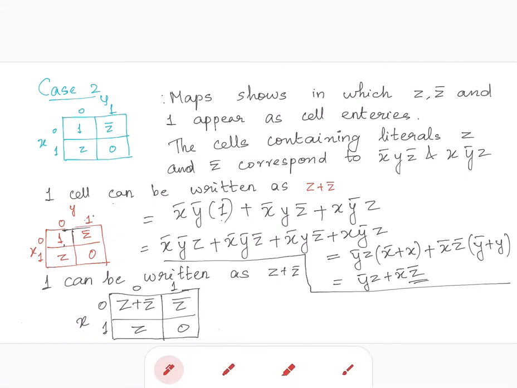Here these z bar and z bar can be grouped as 1, and this z and z can be grouped as 1. So the final equation corresponds to y bar z for z, and x bar z bar for z bar, the same as the function reduced value.